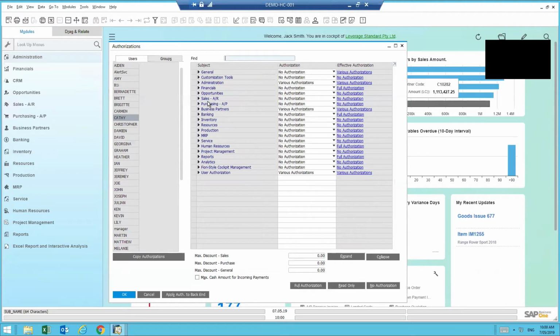Just before I touch on this, I just want to make sure there's an understanding between authorization and effective authorization. So you'll see here under banking for Kathy, within this user authorization setup, she has no access to banking. But on the right-hand side, we will say she has effective full authorization. And this is, again, the balance between discrete user authorizations and group user